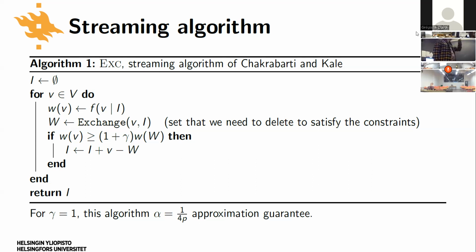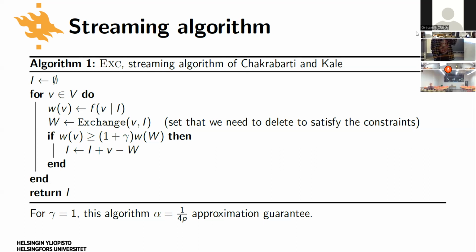Then you have this function exchange. What it does is, if adding b to I violates some constraints, it finds the set that should be deleted from your solution such that the constraints are satisfied again.